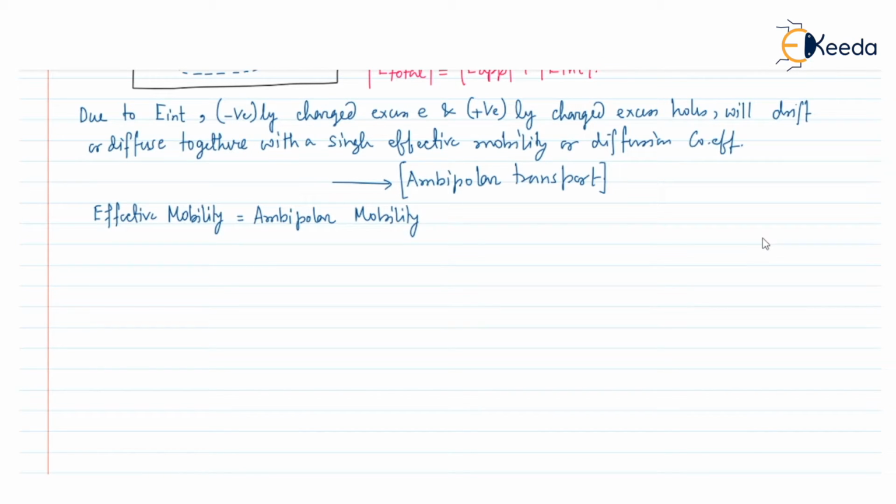And if we denote this ambipolar mobility by mu dash, then this mu dash depends on the mu n and mu p, and also the hole concentration and the electron concentration. So this mu dash can be written as follows: mu n into mu p into p minus n, divided by mu n into n plus mu p into p, where p is the